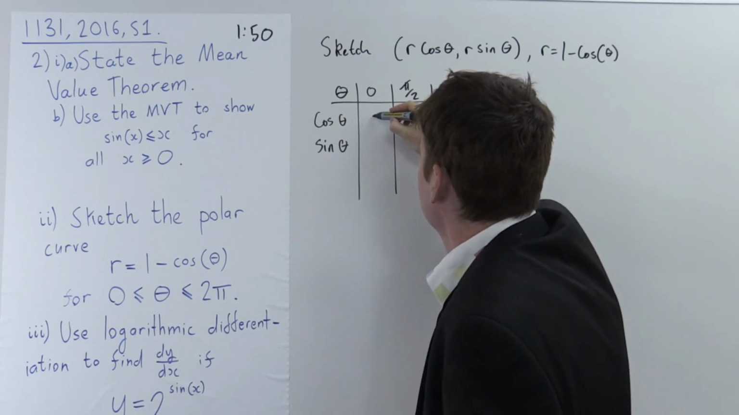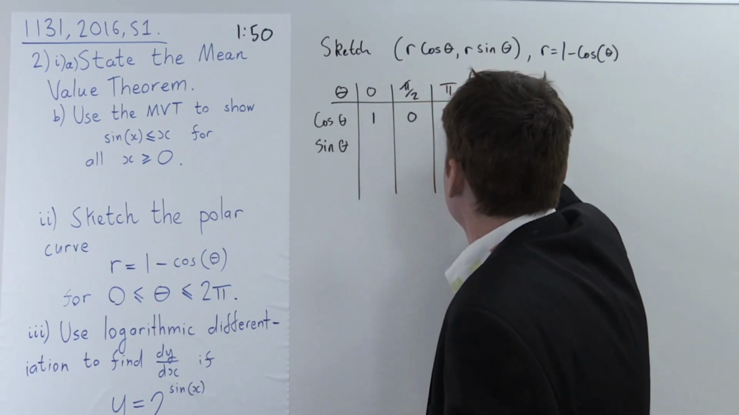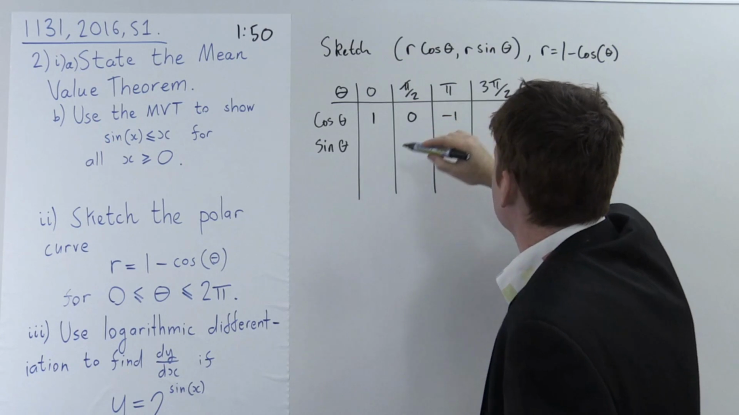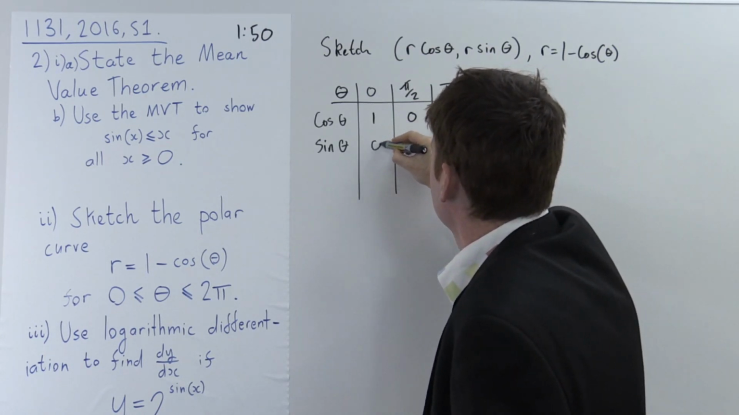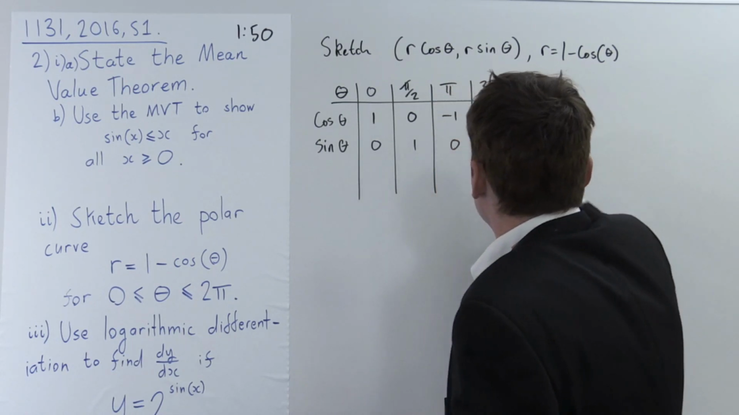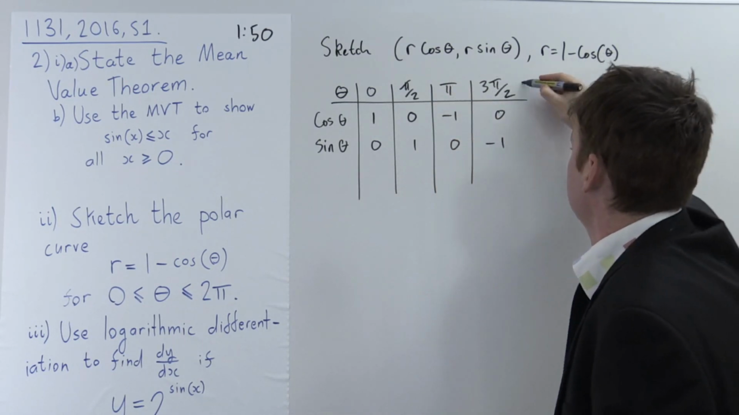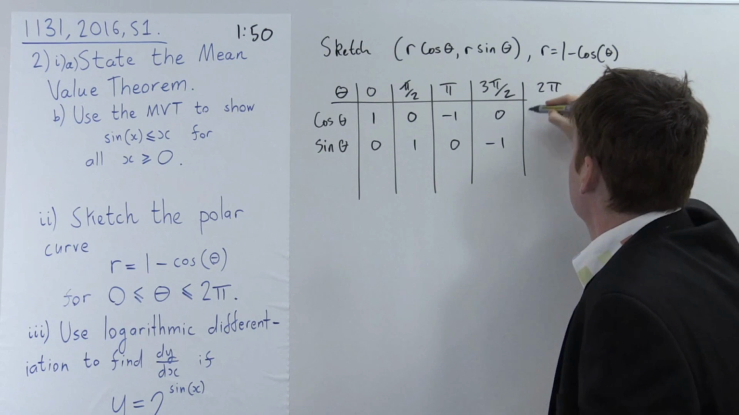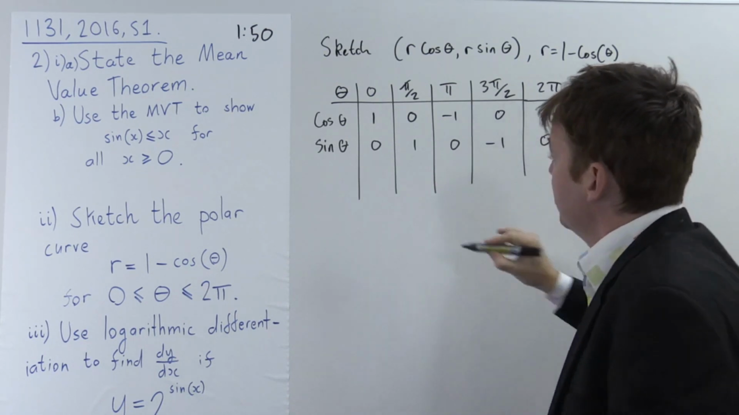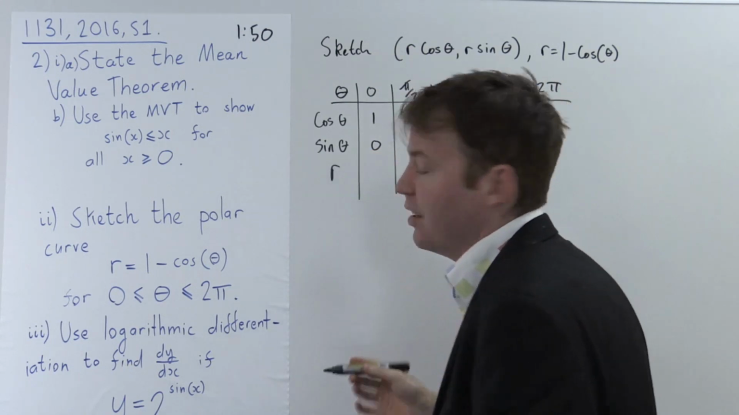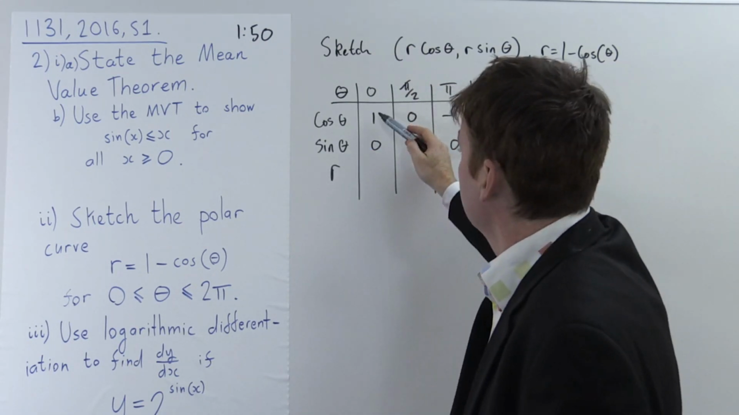Cos theta is... cos theta going back to 0. Good. And maybe I will include 2 pi. And this comes back to 1, and this comes back to 0. Good. And okay, so what's r? What are the r values? The r values are,